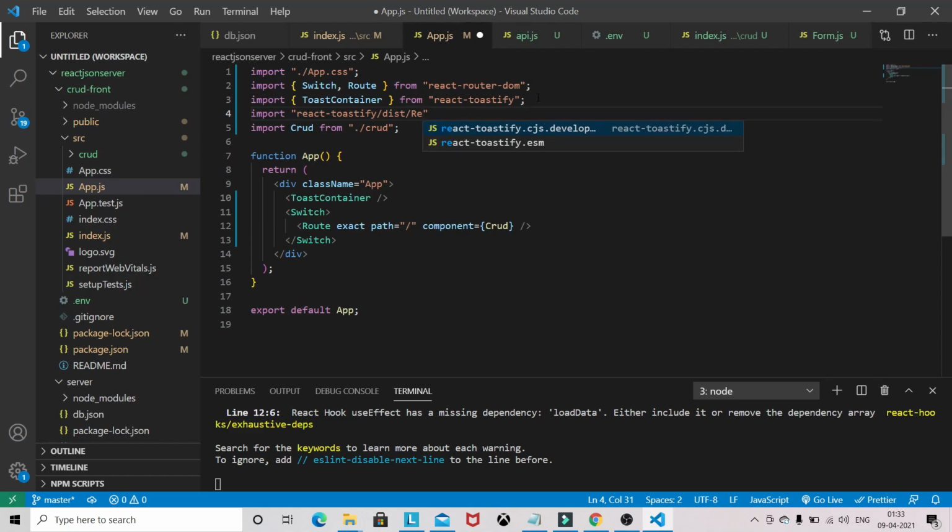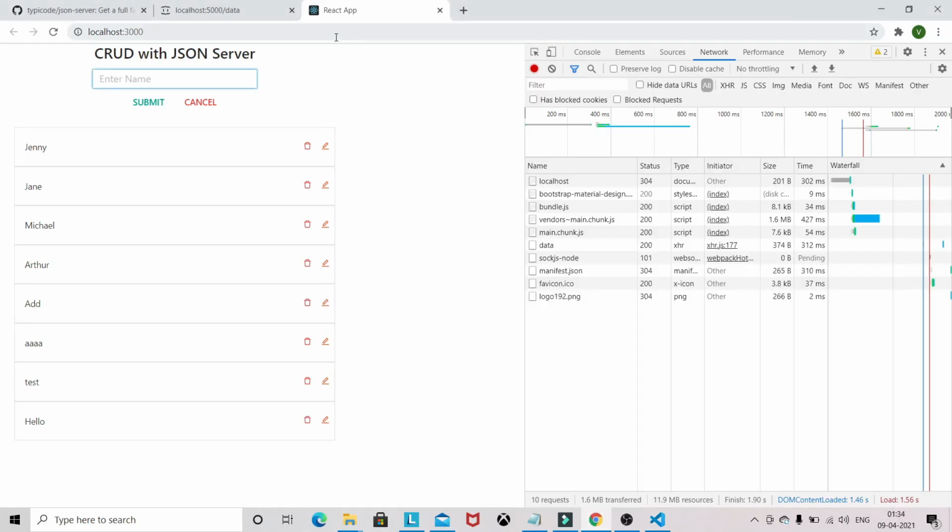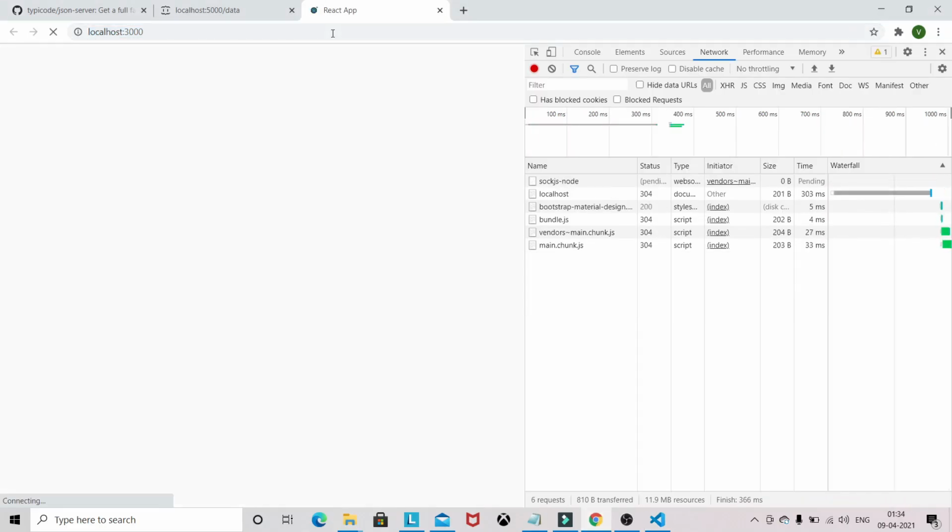So react-toastify, ReactToastify.css. Okay, so let's see whether the toast notification is working or not.